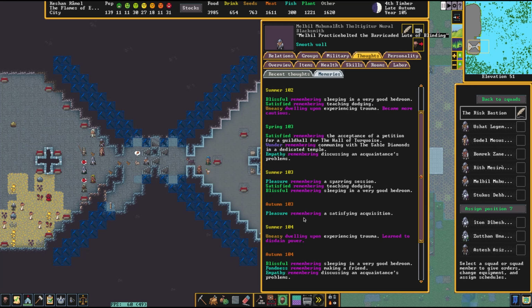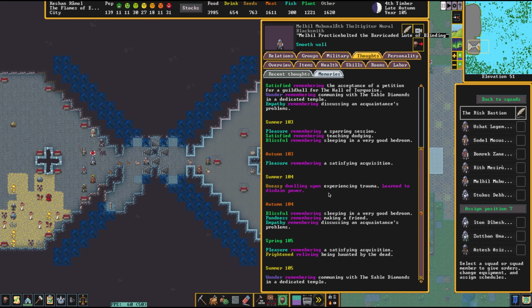And then it's like retracting from trust in others and trust in himself, and then started to feel like, 2 years later, was already learning to disdain power, blaming it on everybody else. Being haunted by the dead frightened them, and now they're reliving it. Oh boy, so life has gotten a little bit more rough, but the big thing here is overview here, be